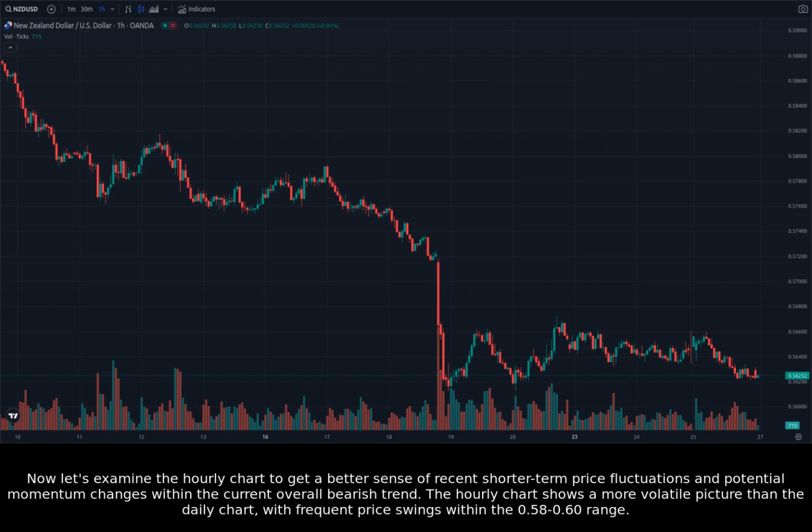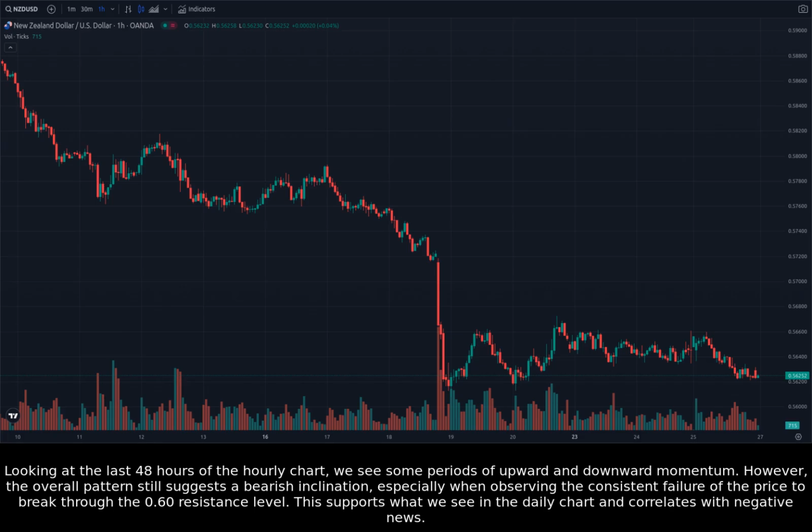Now let's examine the hourly chart to get a better sense of recent shorter-term price fluctuations and potential momentum changes within the current overall bearish trend. The hourly chart shows a more volatile picture than the daily chart, with frequent price swings within the 0.58 to 0.60 range. Looking at the last 48 hours of the hourly chart, we see some periods of upward and downward